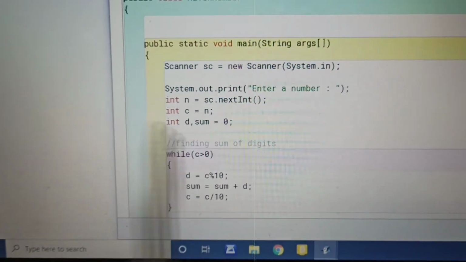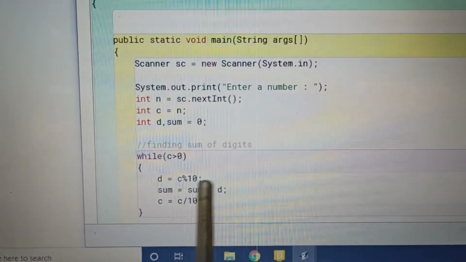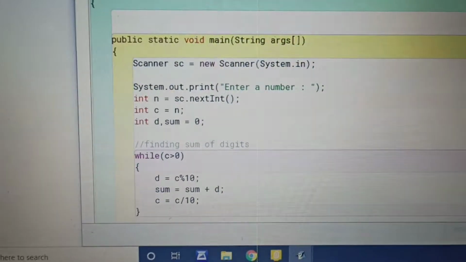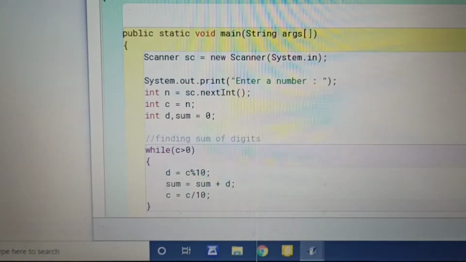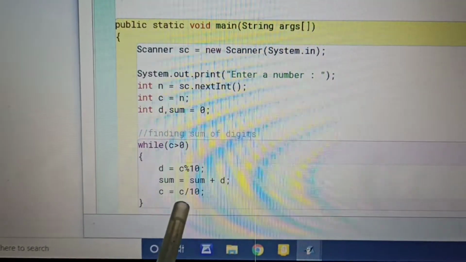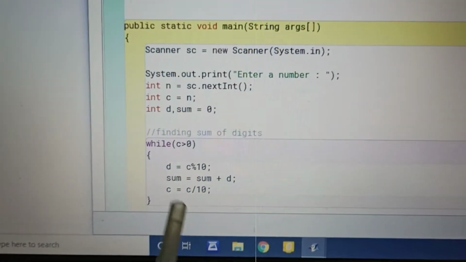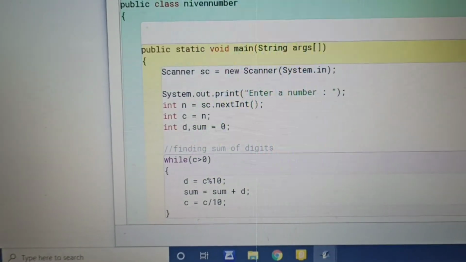The previous value of sum was 0, so 0 plus 6 is 6, and sum becomes 6. Again 126 is divided by 10, this time to get the quotient value. The quotient of 126 is 12, so 12 is stored in the c variable.